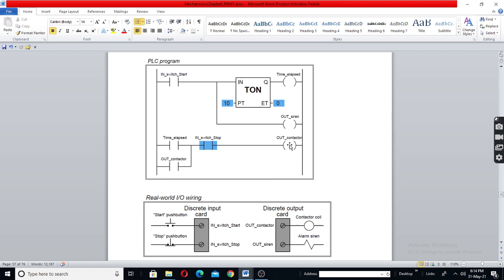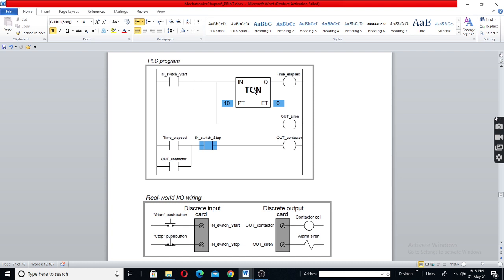Once the motor runs, there is a latching effect. The PLC will latch this, so even after you open this, the timer becomes disabled, but then there is no need of the timer. Even if you open this, the input will remain.